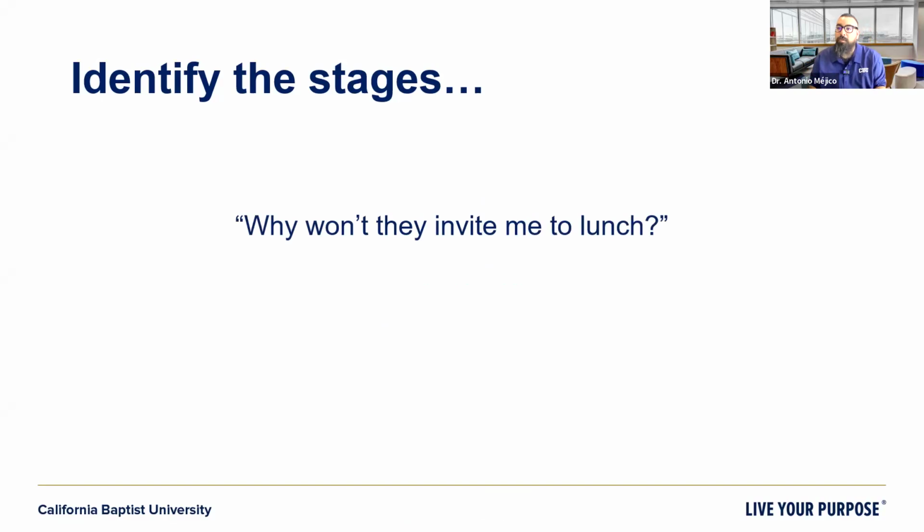Second phase: why won't they invite me to lunch? You've got a client who's like, hey, I really like that group, but they never seem to invite me to lunch. I've been kind of down about that. What stage of the hierarchy of needs would they be on? I'm going to give you 3 seconds. 2, 1. You ready? Here we go. Love and belonging. Very good. So if you said love and belonging, this is where they're at.